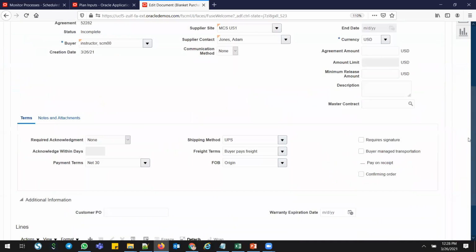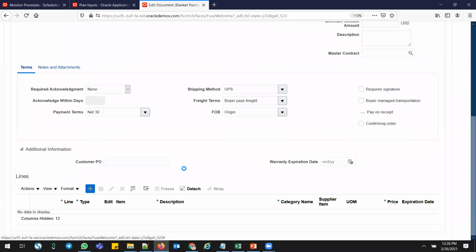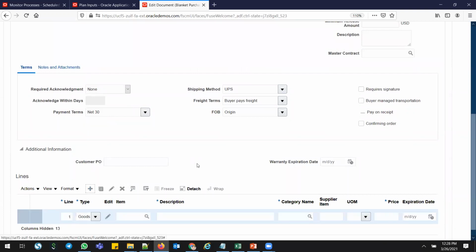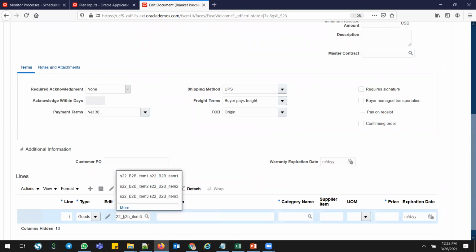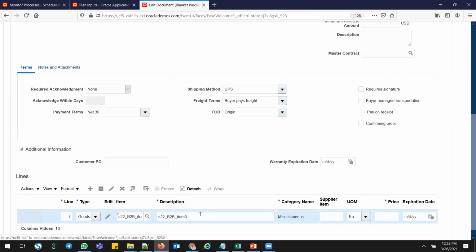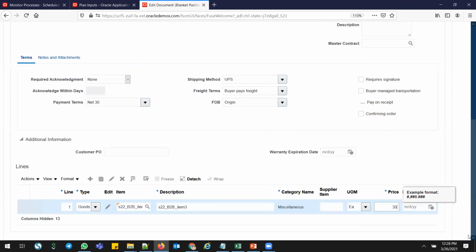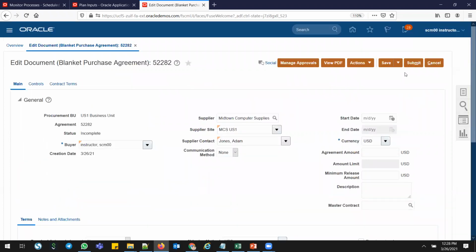I'm not giving any details. Quickly I'll create a BPA for that. So I'll give some item, my item S22 B2B item 3. I'll give some price, around $30 something, because that's my buy price.